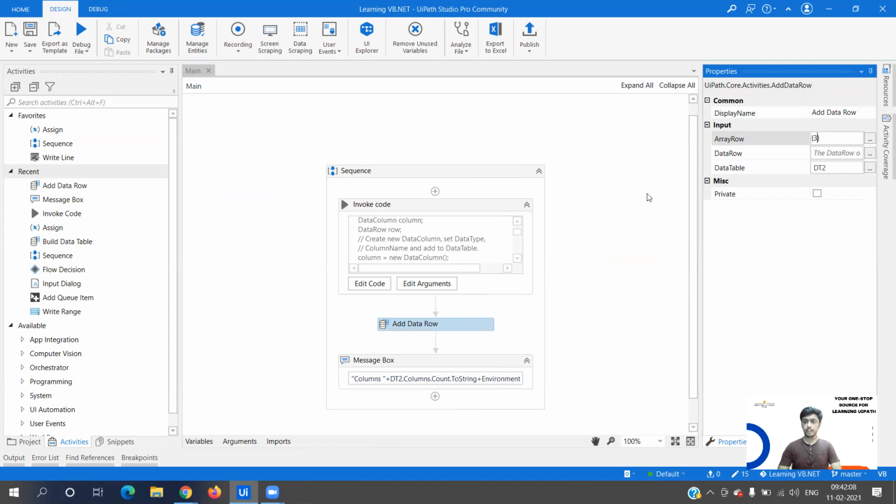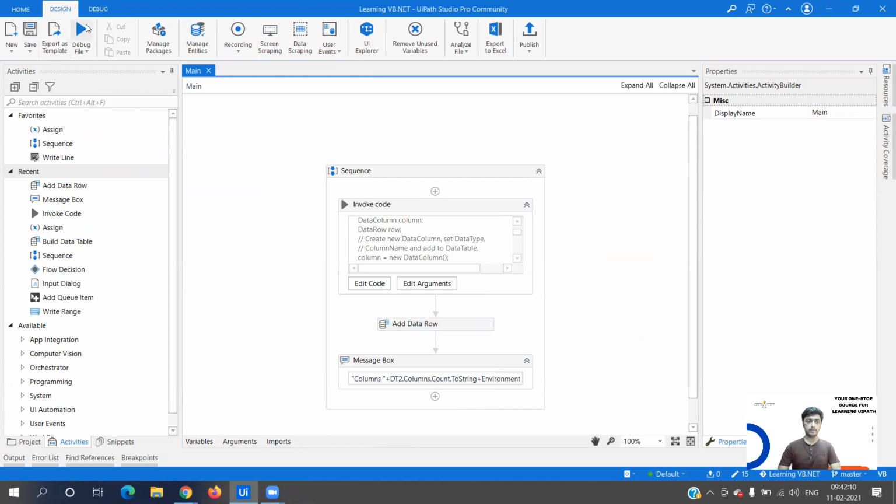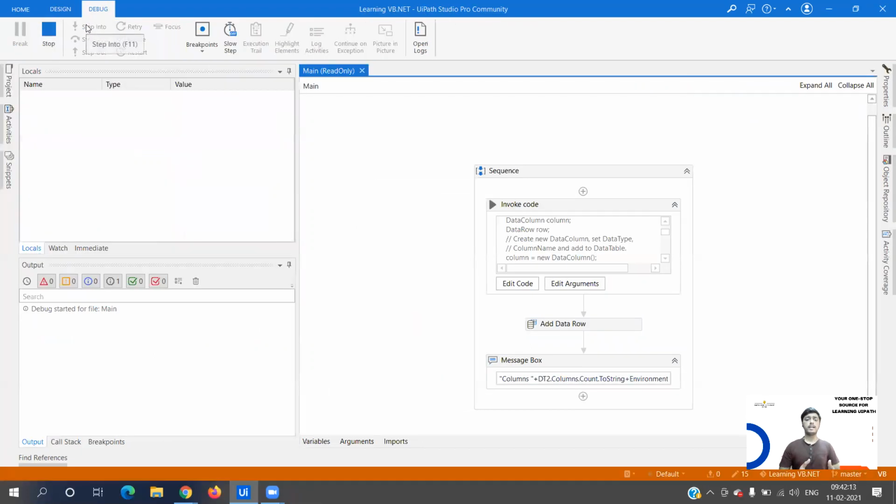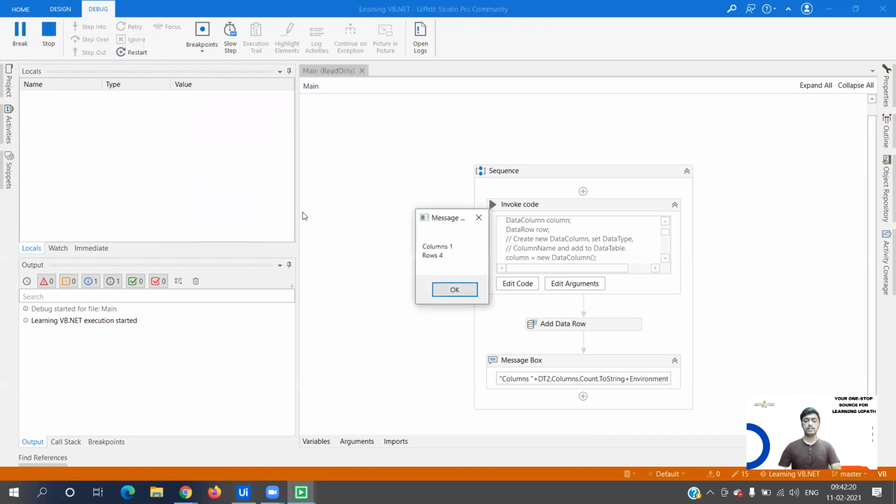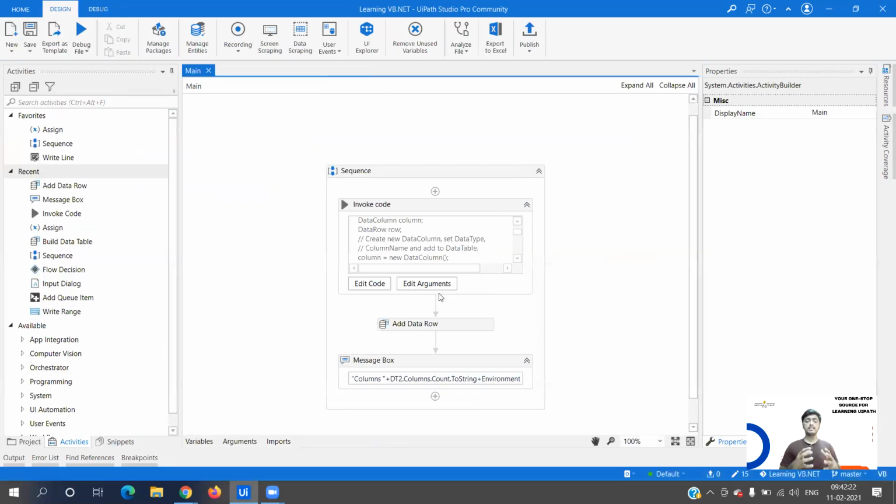But now if I put 3 over here, right, let me save and run. Now it should get inserted because we do not have that value present inside, and we should get column 1 and row 4 as the output. Yes, so you see, this is how, in 7 to 8 minutes, we have built a complete concept in which we are creating a data table column as a primary key. If you have learned SQL and if you have been working with databases, you will understand the concept of primary key. A primary key is something to which you cannot add duplicate values.